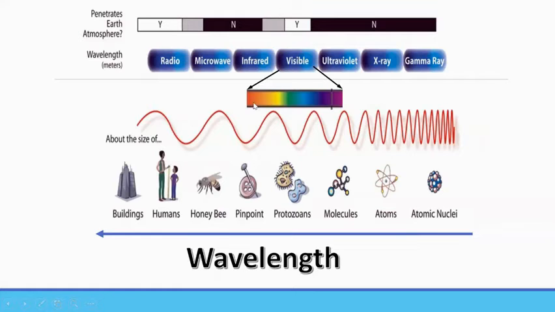So if the frequency of the wave falls in this range, then you'll be able to actually see the waves as a color. All right, then after visible light, you have ultraviolet, and these are getting really small. The wavelengths are down to the size of a molecule by now. X-rays, which are about the size of an atom, and then gamma rays, which are about the size of the nucleus of an atom.